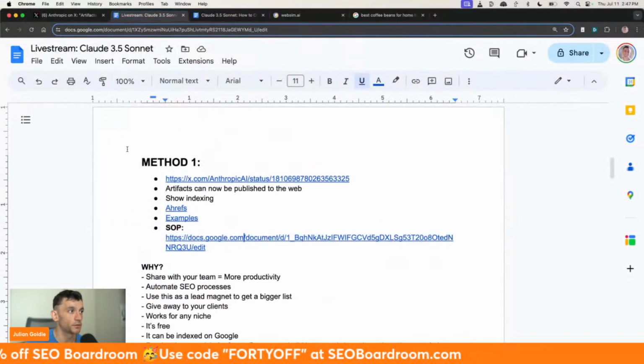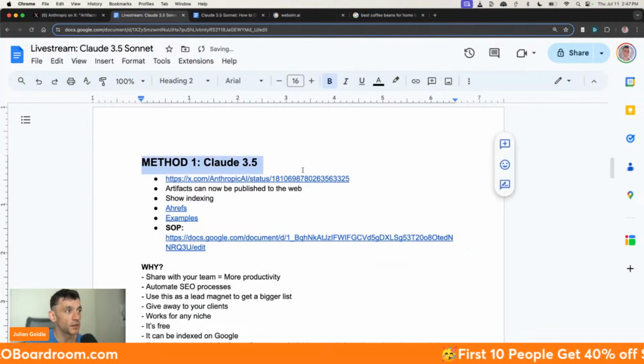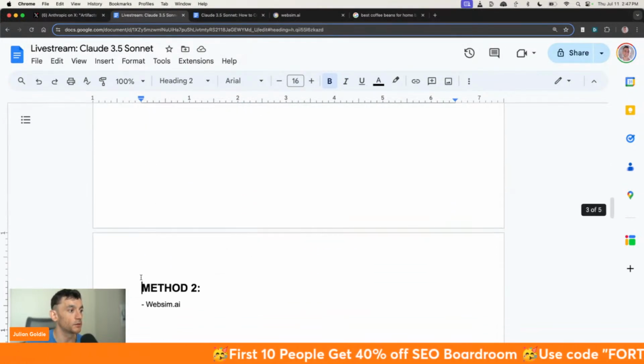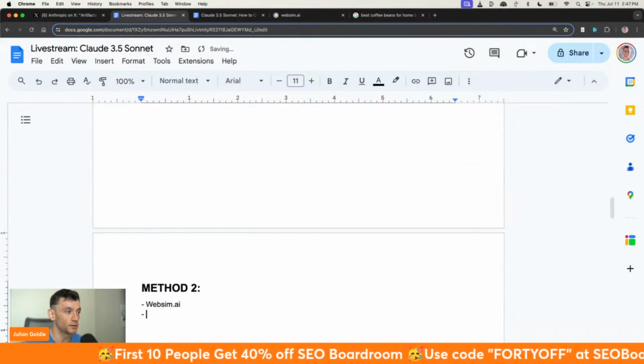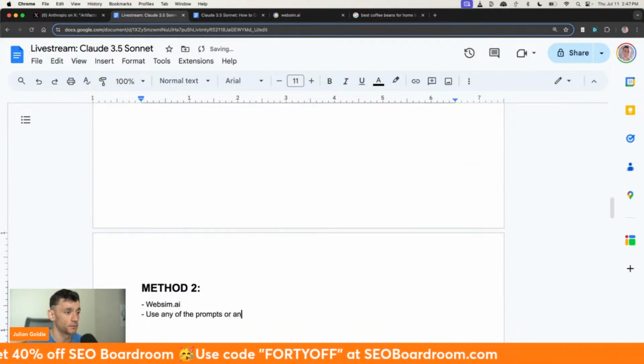So just to recap, so far we've covered method number 1 for creating free one-click AI SEO tools as promised, and that is directly inside Claude 3.5. The second method that we've covered is using WebSim AI, and you can use any of the prompts or anything you can imagine